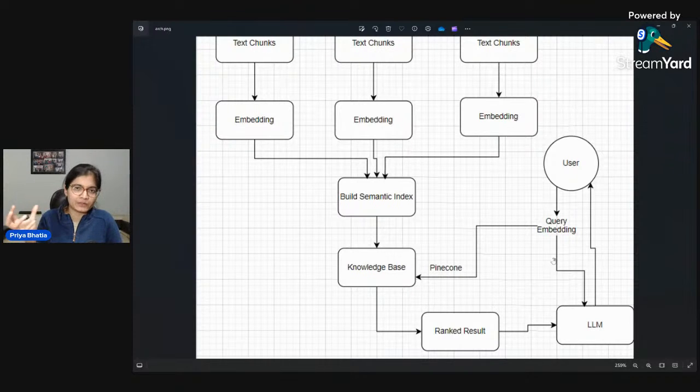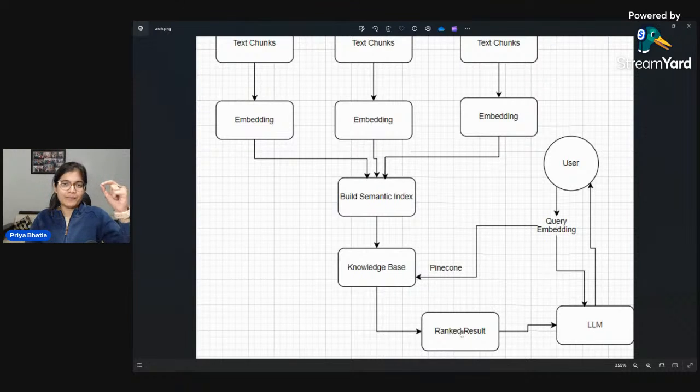She has shown me the result as well. If she is able to properly join again, I'll tell her to show the results. For example, let's say she is mentioning "what is karma" in the query itself. Internally, the query embedding will convert that query into vectors, because my model will not be able to understand the textual data I am entering. Then, with the help of a Pinecone knowledge base, it will check which matches with the greatest result, the one with the maximum similarity score, and it will give the ranking of that particular result.